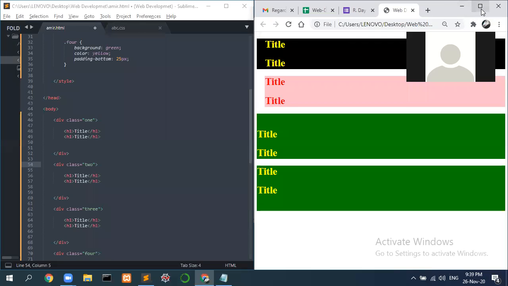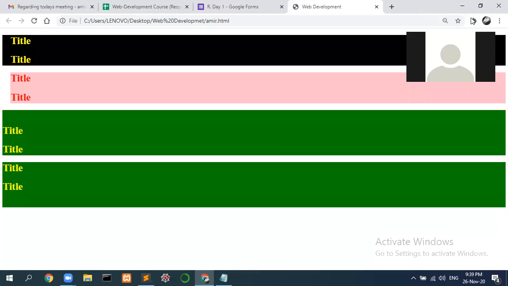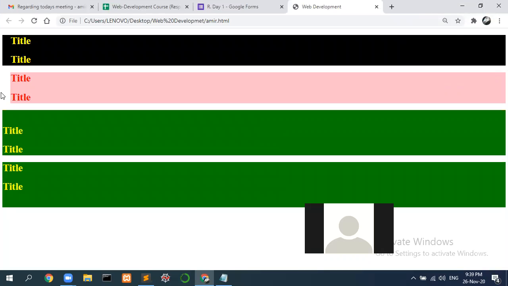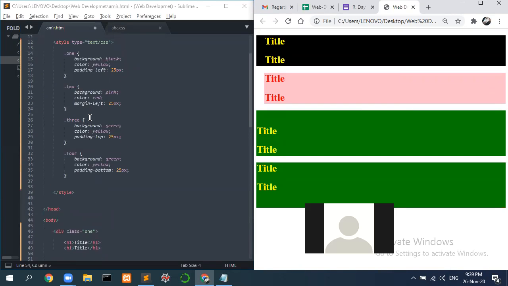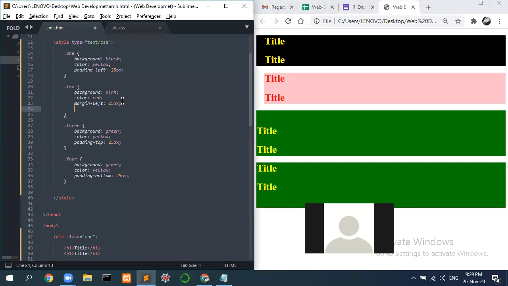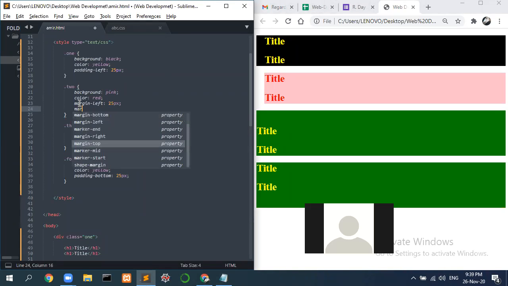So I just expand my browser. You see over here, it's just providing a margin left and not a margin right. Why? Because I have added only margin left over here. See over here, I have just added margin left. If I go ahead and I add a margin right over here,